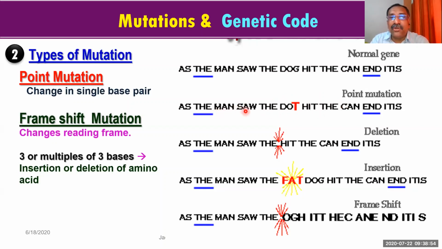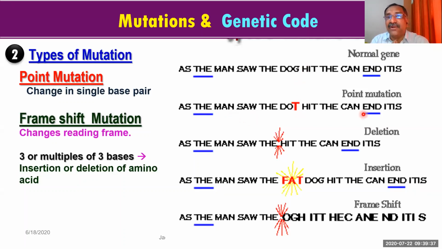The man saw, and instead a big T comes. Now see, what is this? Please write there in the chat box. What is this? Look at my point. G. That means it is dog. Am I right? It is dog. Now this G is replaced here. Instead of G, something else has come. What has come? The G is replaced by T.